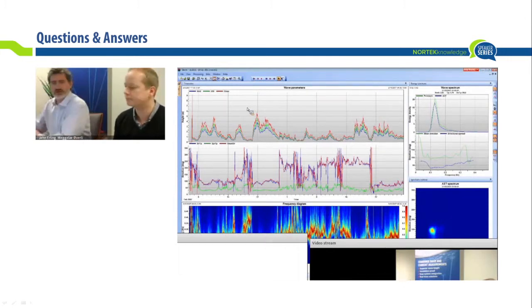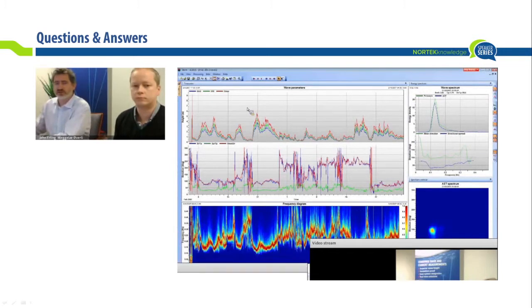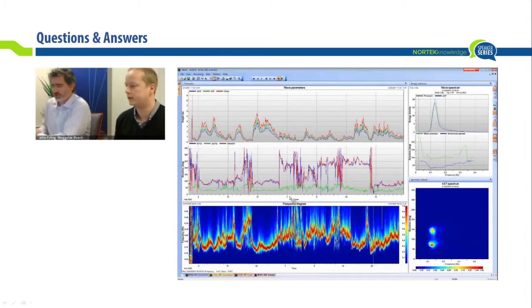I think if we turn back on the Storm software, I'm going to show you something interesting which just popped up to my interest while we wait for questions to come in, because it usually takes time for people to think of questions and to get them off to us. So while you're thinking, I'm going to show you something on this. What you're seeing here in this